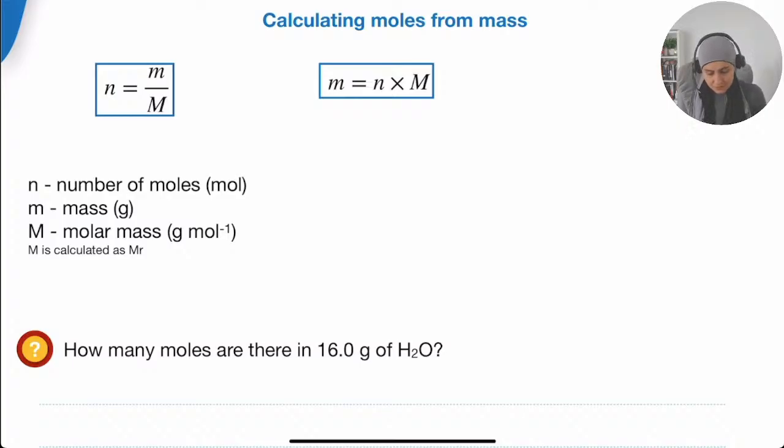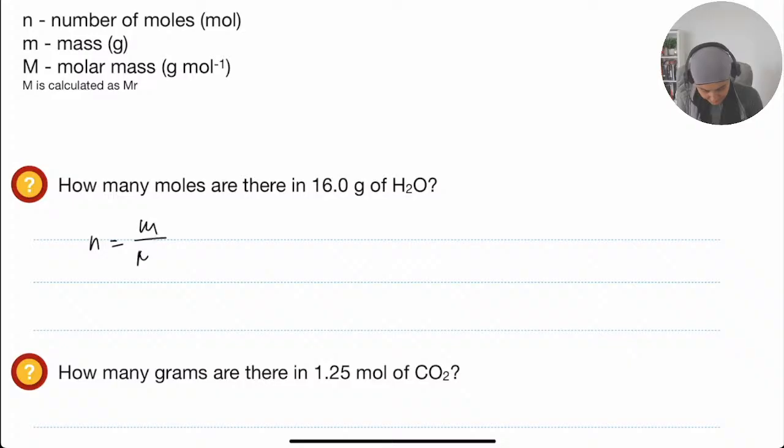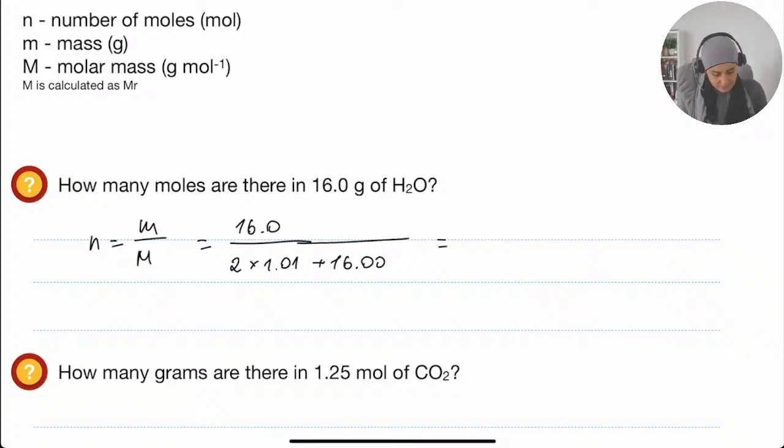Well, and then also if you're given moles, you can rearrange it to find mass. It's moles times molar mass. Let's see, so how many moles are there in 16 grams of water? So they want moles from mass. I use the first formula. So 16 grams, mass is always in grams. If it's not in grams, you have to convert it to grams. Divided by molar mass of water, so it's 2 hydrogens plus 1 oxygen. So it's 16 over 18.02, which is